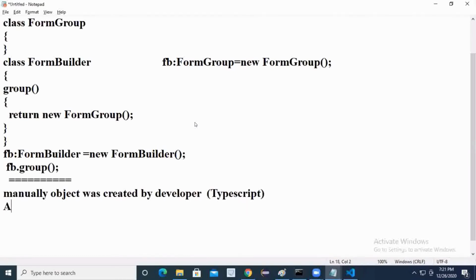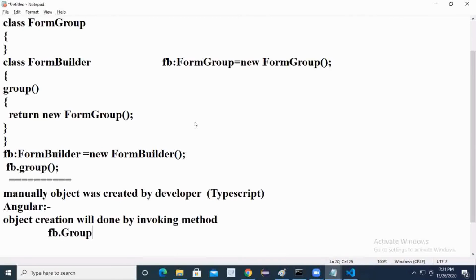But coming to Angular, object creation will be done by invoking the method. Here I am invoking the method. Which method? fb.group. So when you call the method, that method will return what?